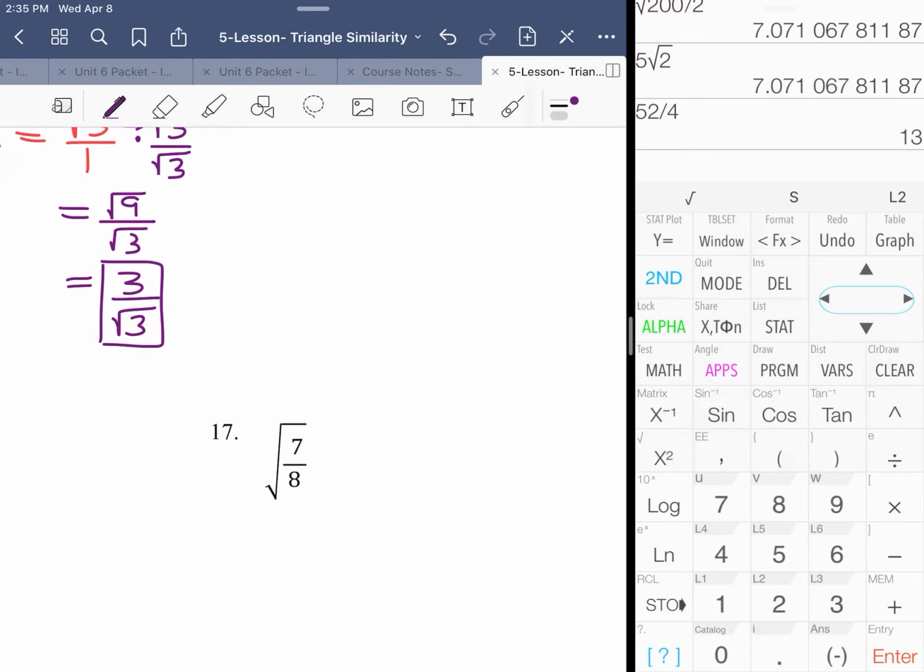17 I wanted to take you through because it's in a different form. It's radical entire fraction, but it's actually a lot simpler because that radical of the fraction is really a fraction of the radicals. The radical 7 I can't break up. I can't simplify, but the radical 8 I can. Square root of 4, square root of 2. So this is really the square root of 7 over the square root of 4 is 2,